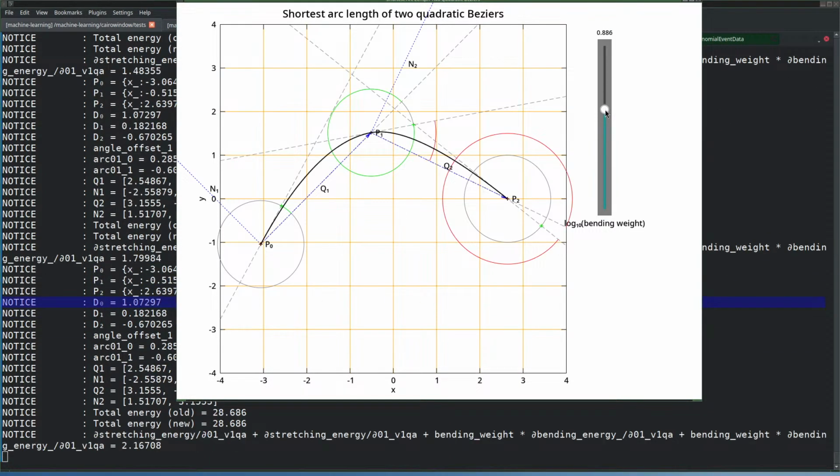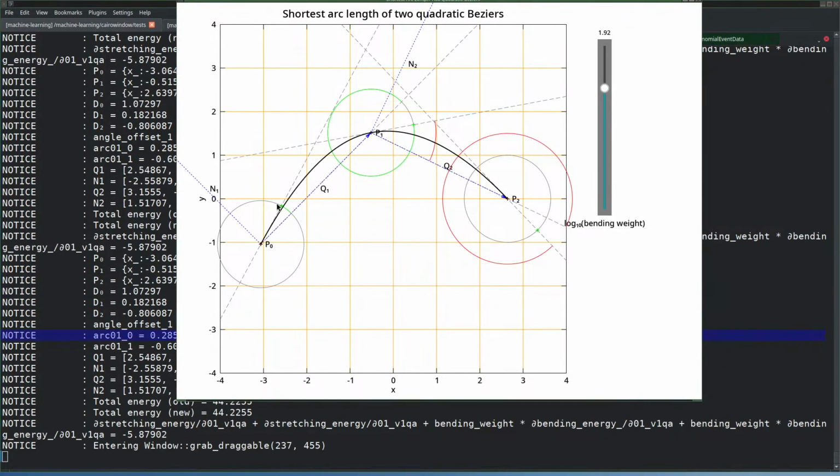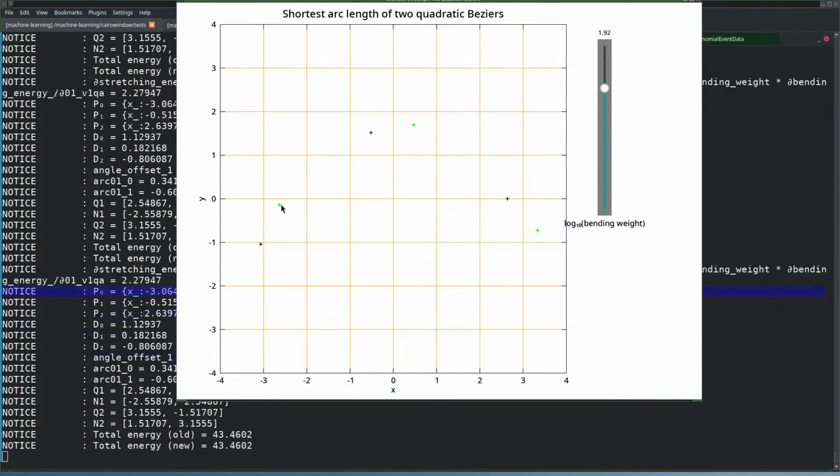If you put more weight into bending, then the curve should change. Then you can make it longer, but at least with less bending and stuff like that. Anyway,